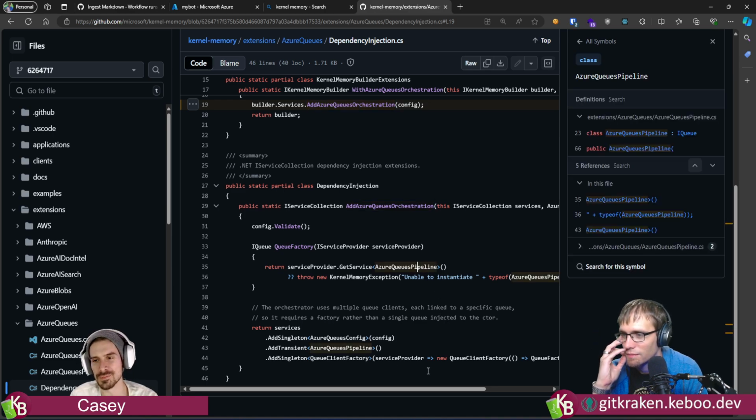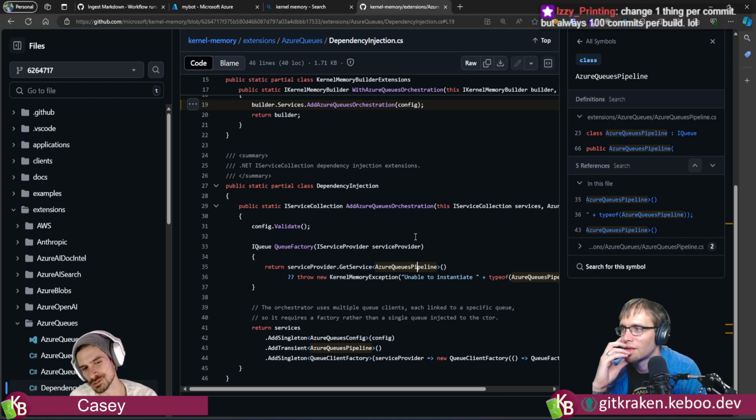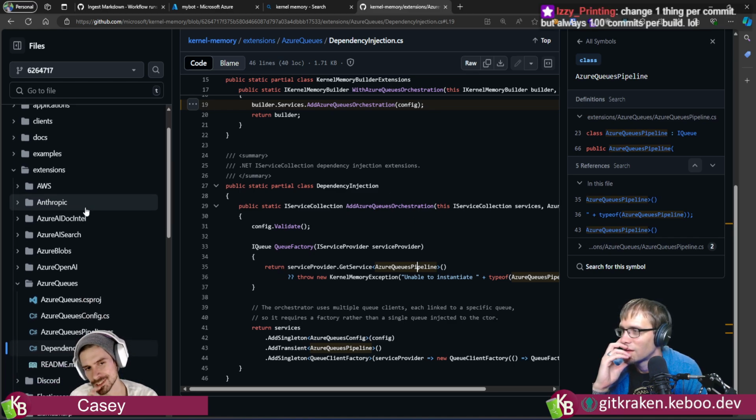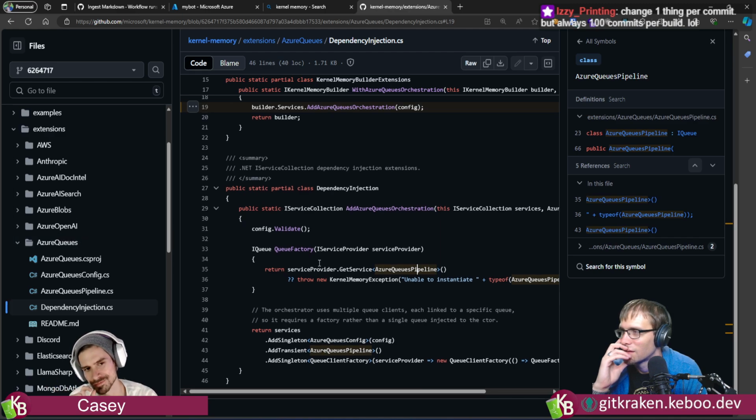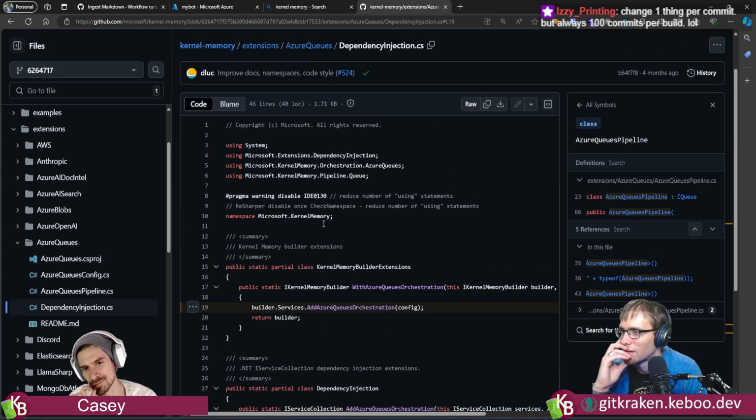Let me really quickly just point to this. Just before you go too far, before I look at the folder structure here on your left, notice that under extensions, you have this magical thing called Azure OpenAI. And we have pulled in that DLL, or that library, that package. I think there might be a missing package.